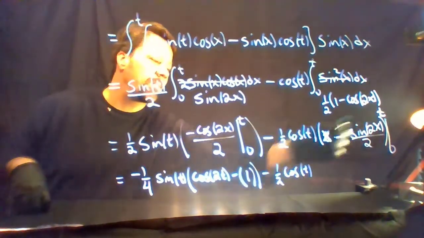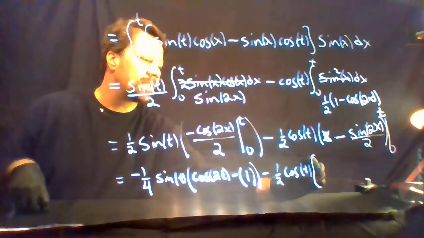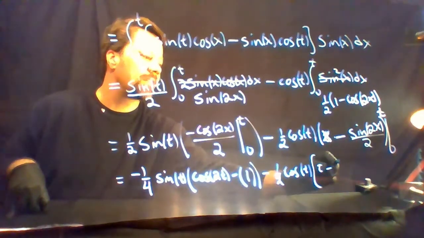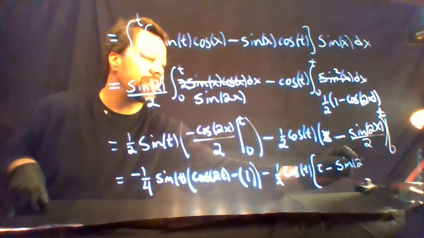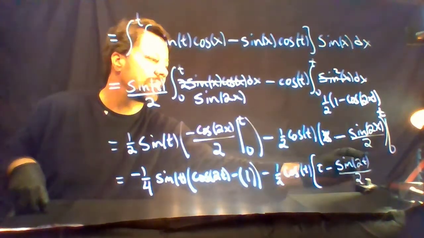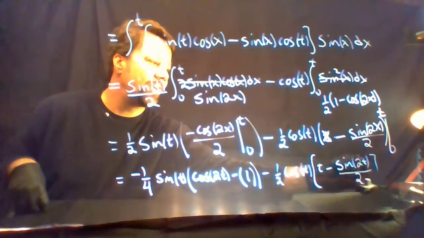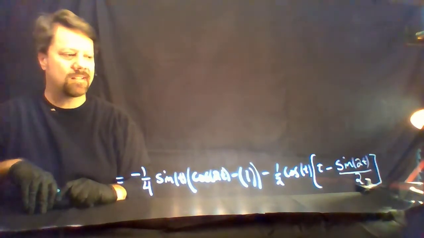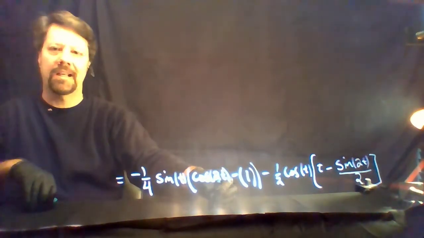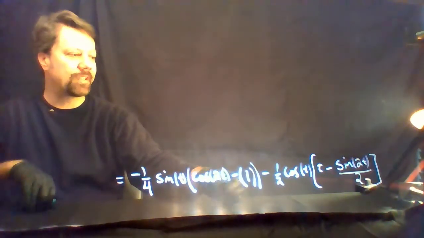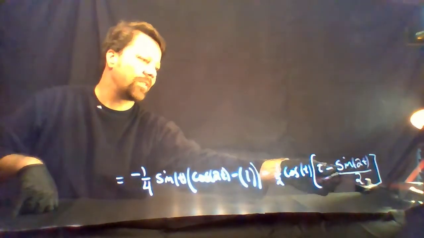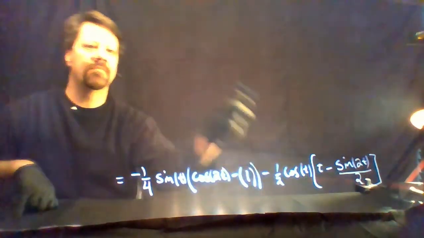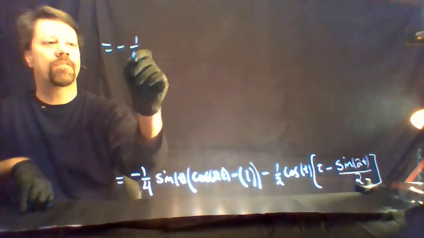Over here, when we plug in t, we'll get t minus sine of 2t divided by 2, and then when we plug in 0, we get 0. We need to simplify what remains. To do that, we'll need to apply the double angle identity for cosine, and also a double angle identity for sine. So we have negative 1/4